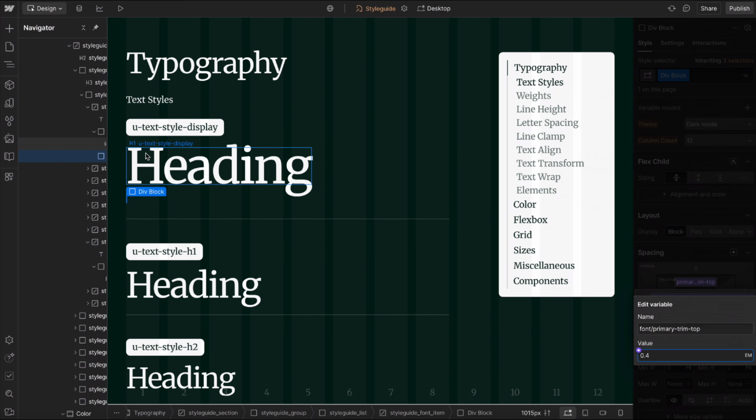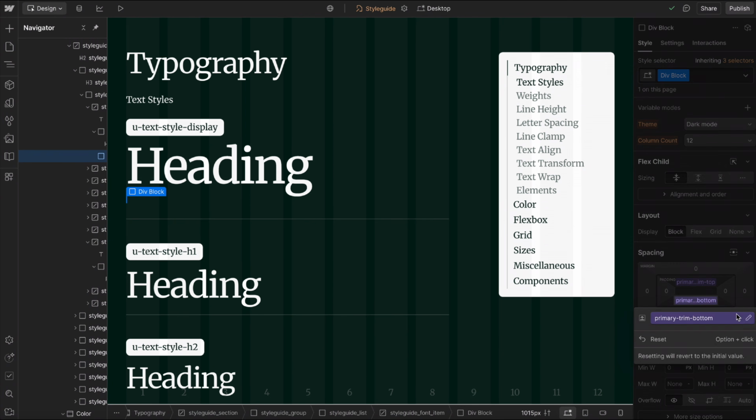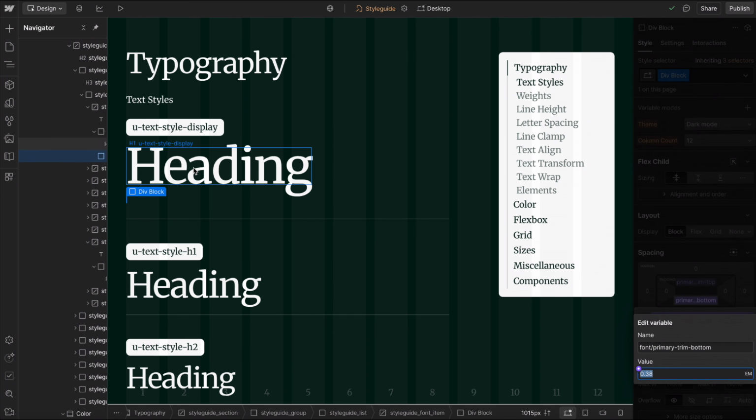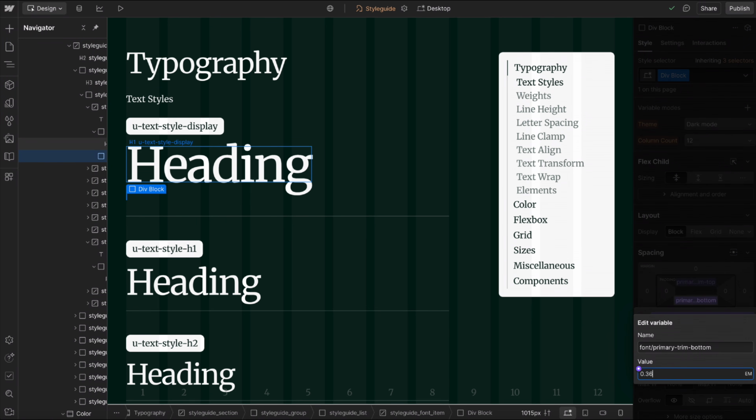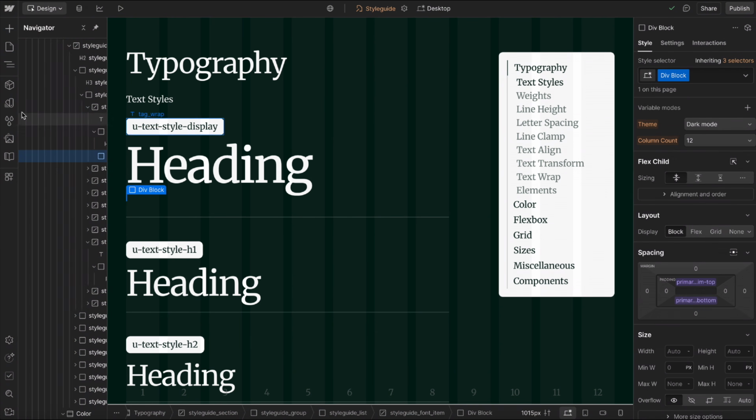So that looks like it's aligning there for that. And then if I go ahead and edit the primary trim bottom, I might go ahead and reduce it a little bit more. Let's cut it in half. Let's go 3.6 or something like that. And that gets it to exactly hug the content for this family specifically. Now, when we do